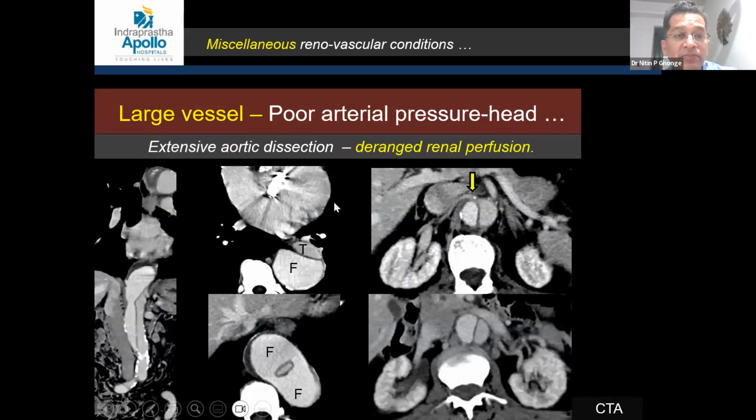nodosa. More examples like dissection of the aorta. This is the true lumen. This is the false lumen. You can see the kidney is significantly compromised in terms of perfusion because you can see the bright part is the true lumen of the aorta, which has a good pressure head. This has a false lumen which has a poor pressure head, and the renal arteries are arising from the false lumen. That's why there is poor perfusion of the kidneys, and you see the abnormal enhancement of the kidneys on